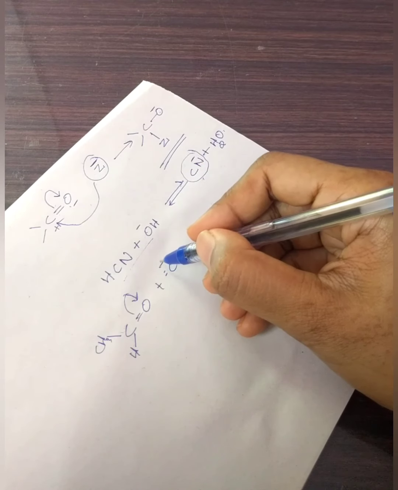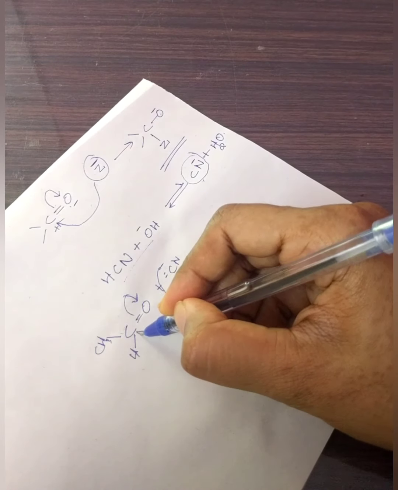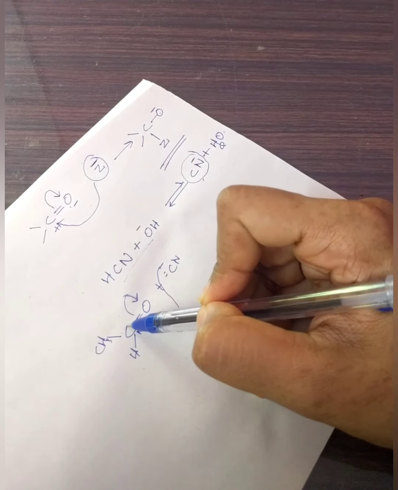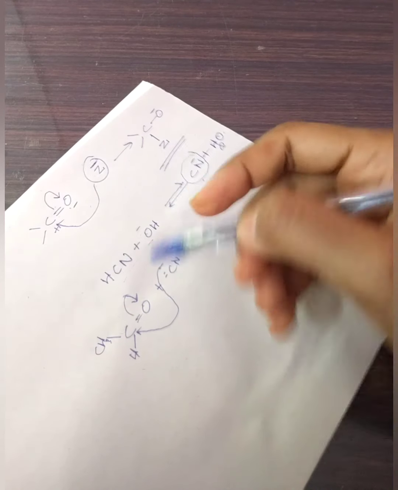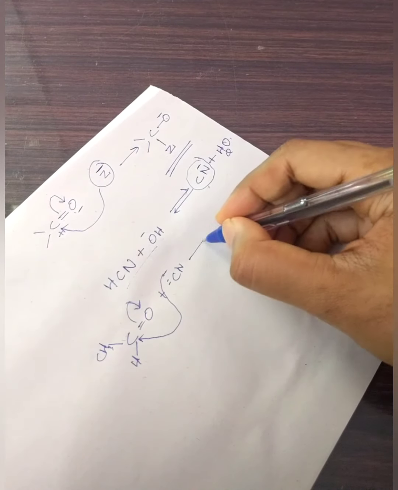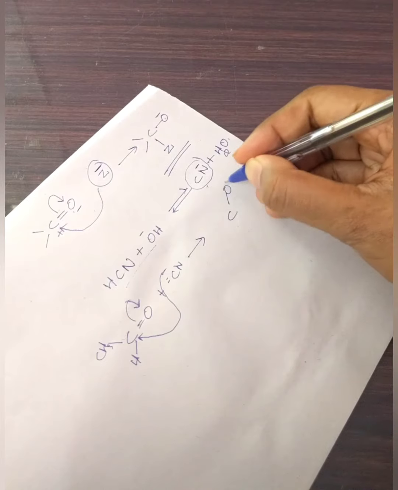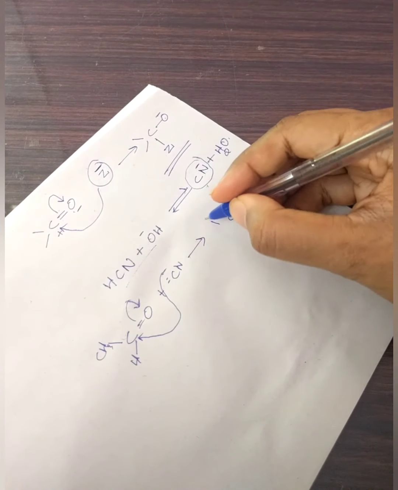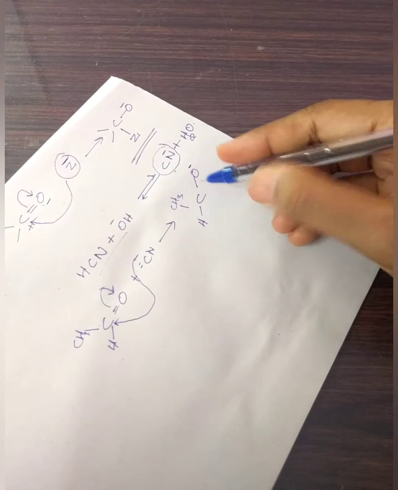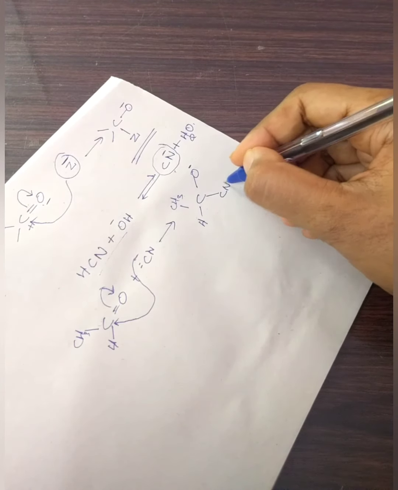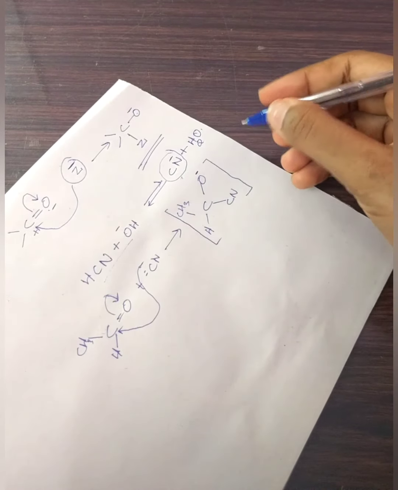And this CN minus negative charge will be attacking this carbon, because you will be having a positive charge over this carbon after the shift of electrons of this bond towards the more electronegative oxygen. So you will be getting a tetrahedral intermediate where oxygen will be having a negative charge, and here the CH3 and here the hydrogen. And here our CN also. This will be a tetrahedral intermediate,